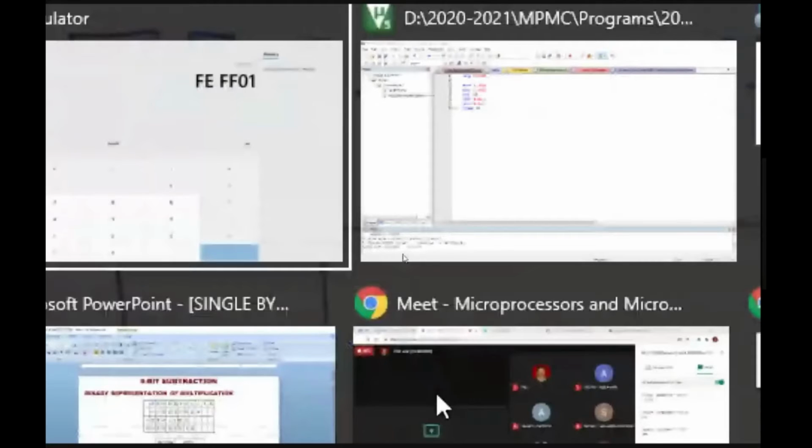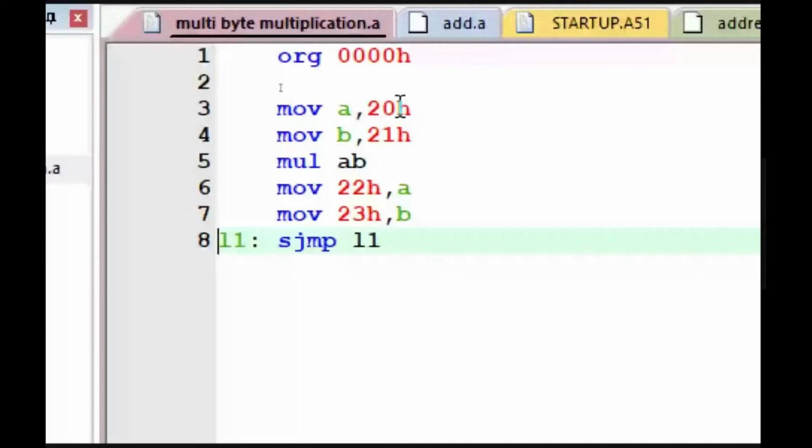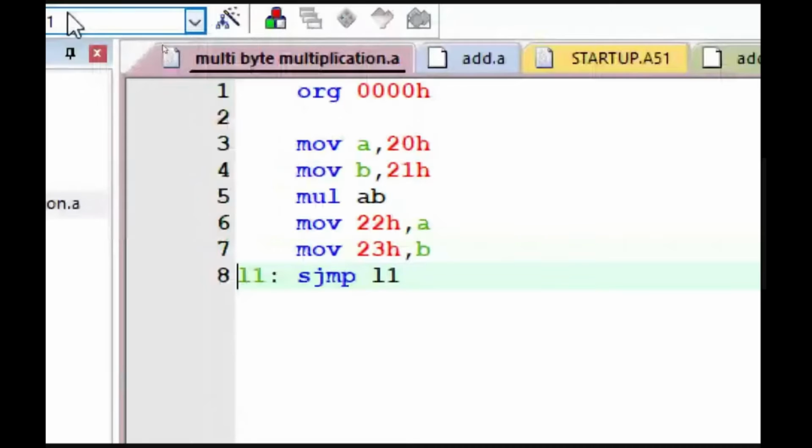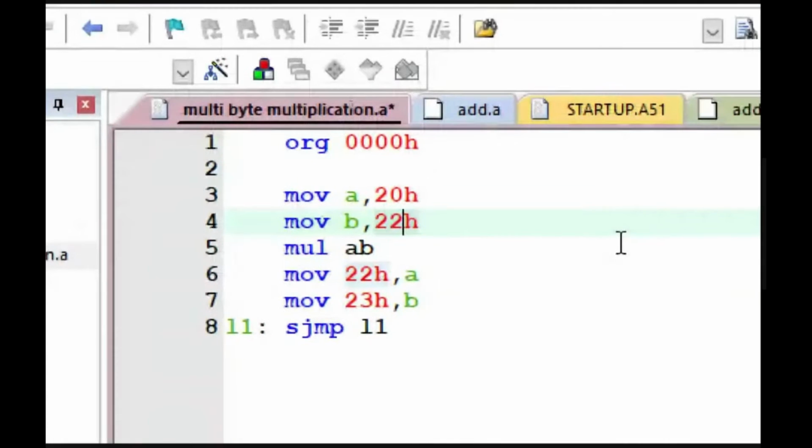FF into FF. First we will get the answer as FE01. So from the 20th memory location we have to store the content first, right? 20 and 21, and the 22nd memory location will have the multiplicand value.